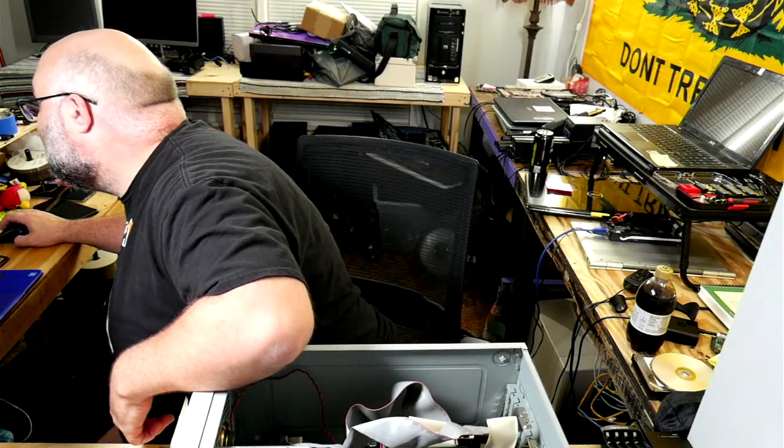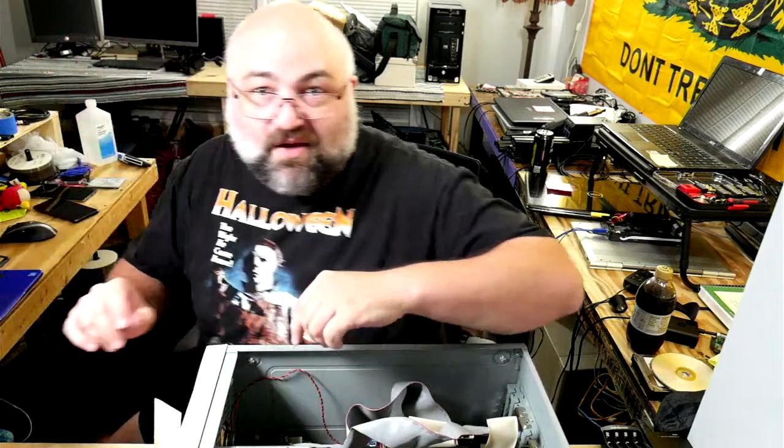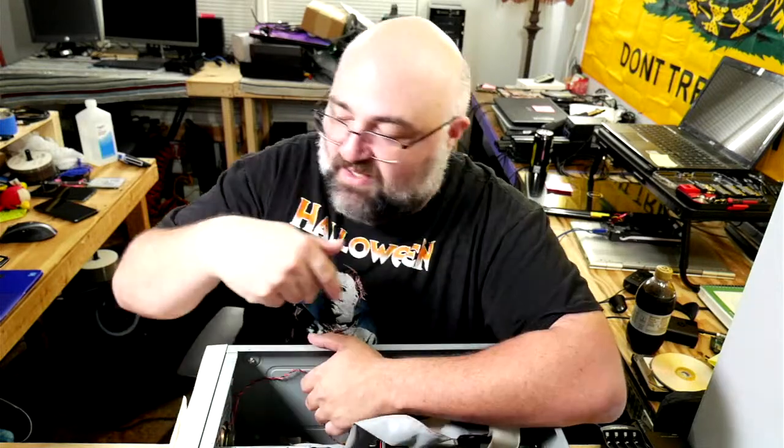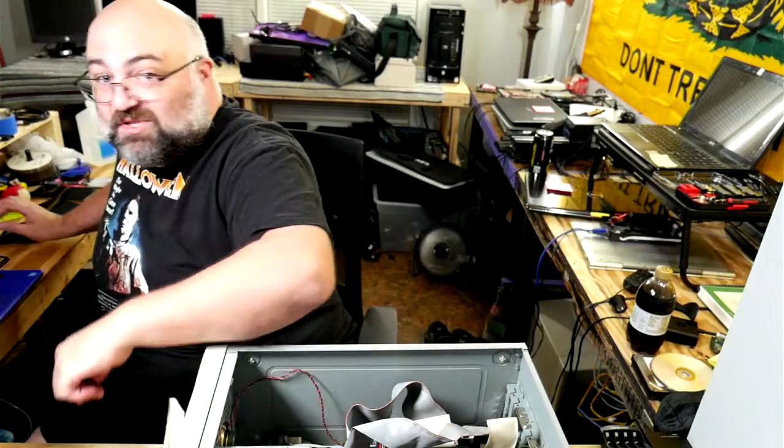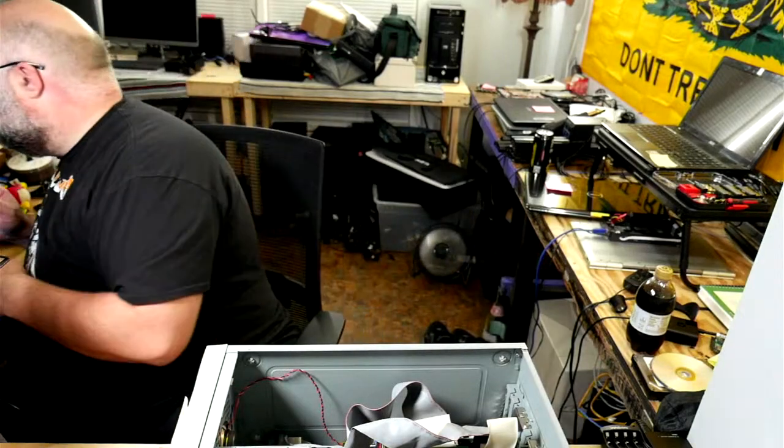Ha! A USB zip drive? Those exist? Oh my God, I know they exist. I'm being silly. What do you guys have to say? I'm sorry, the computer is over here. So...